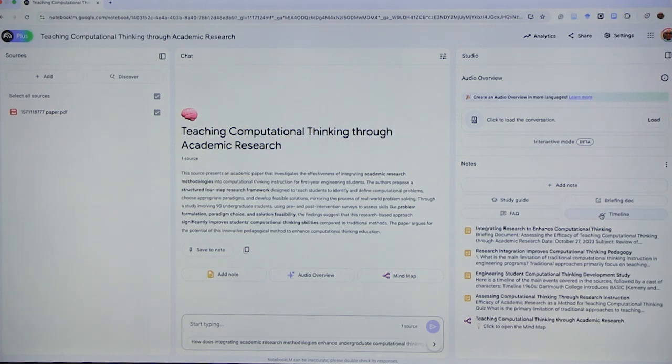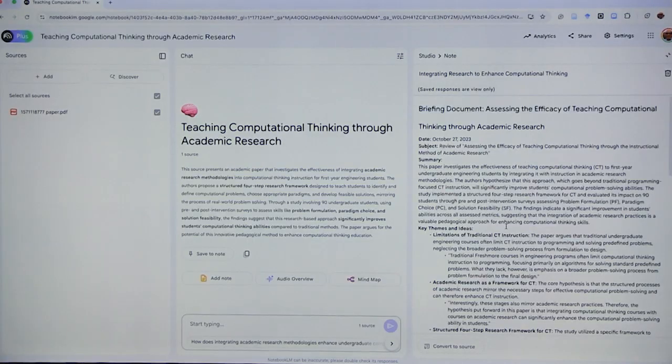Now, a timeline in an academic paper is not very meaningful, but if it is a narrative, it is incredibly meaningful, because if you're lost in the timeline, like I usually am in War and Peace or something like this, too many things are happening at once, what is happening where, and all of that. These are features that can be incredibly helpful. It doesn't mean that you're replacing reading, but it helps organize the reading and make sure you notice the main things inside that reading, and it is really thoughtful.